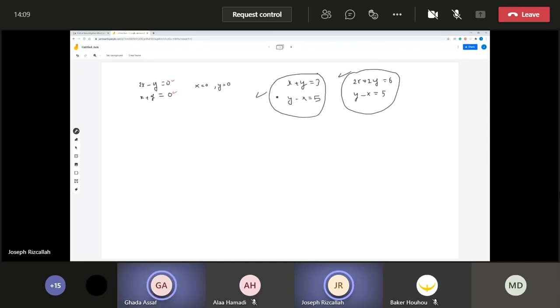And the answer is obviously yes, because if you had a solution here, let's say some values of x and y which make the first equation true, then multiplying through by 2 will still make it true. If we had, let's say, 1 and 2, 1 plus 2 is 3, then multiplying through by 2, it will be 2 plus 4 equals 6. It's still correct. So if you find any solution to this system, it's going to be automatically